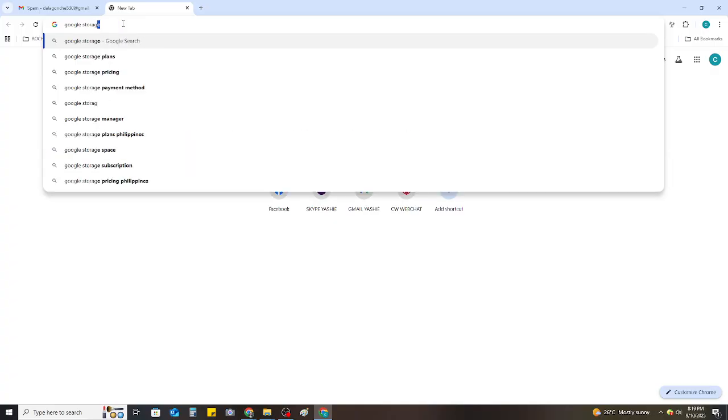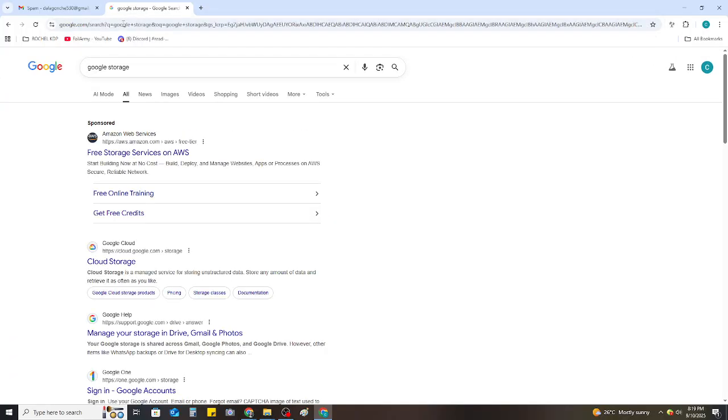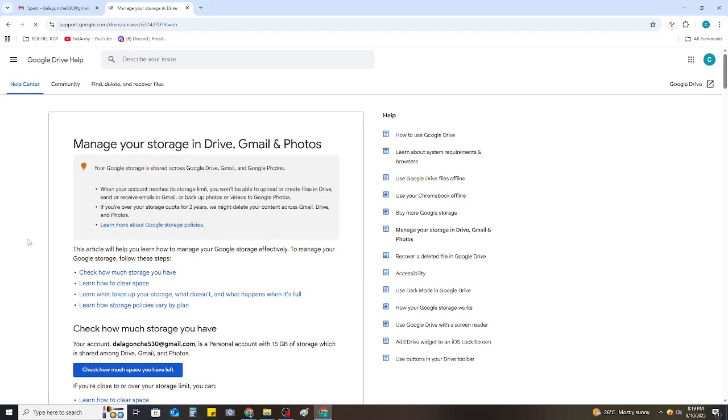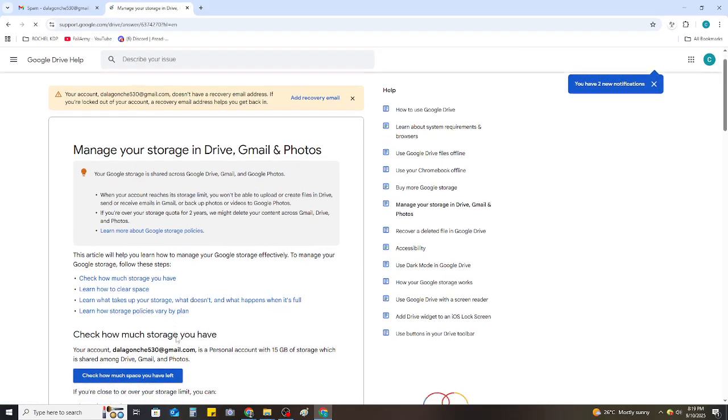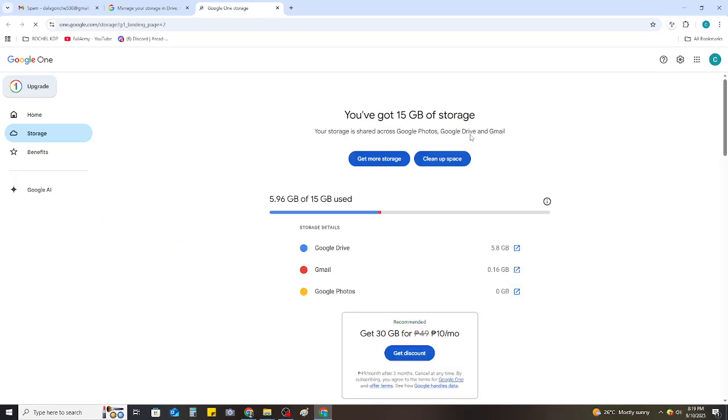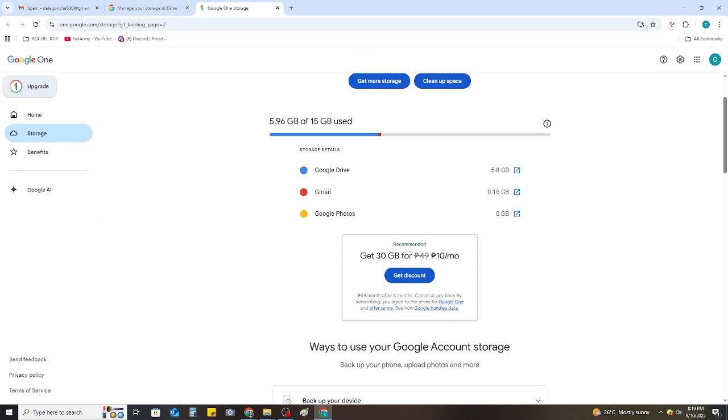Next, let's tackle those large emails that might be clogging up your Gmail. Open up Gmail and direct your attention to the search bar. You want to type in "has:attachment larger:10M". This search command will pull up all emails that contain attachments bigger than 10 megabytes. Browse through these emails and select the ones you don't need anymore. Hit delete and remember to navigate to the trash and click on empty trash now to truly free up the